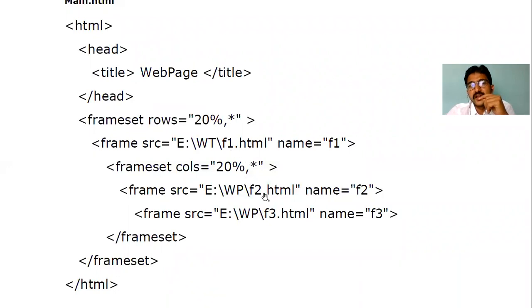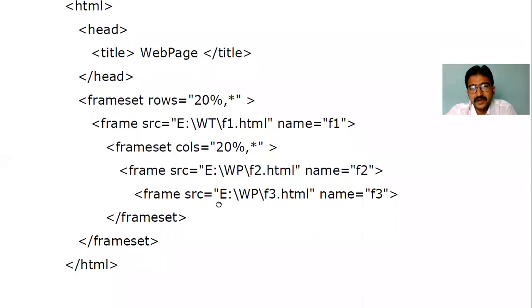In f2: computer, electronics, electrical, biotech. In f3: the description of the book, username, password, sign in, new user, create an account, all such type of stuff will be available in f3. So end of the frameset, end of the head itself, and end of the HTML.